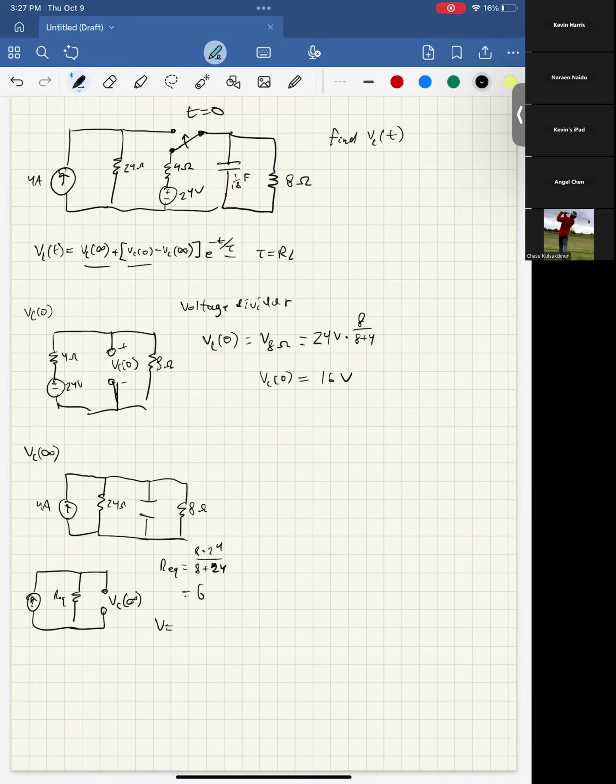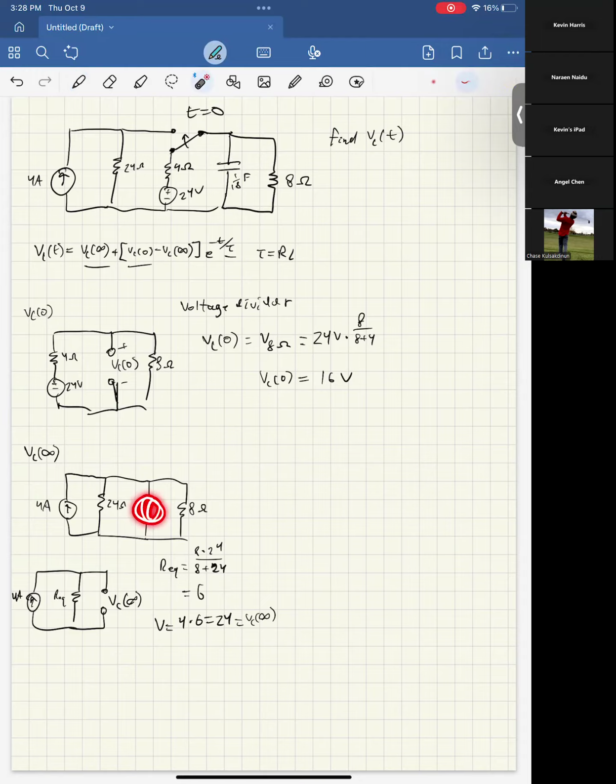So then the voltage is going to be IR, which is just 4 times 6, which is 24. Pretty cool, right? So fun. So that's going to be our VC of infinity. Remember, what this is saying is that